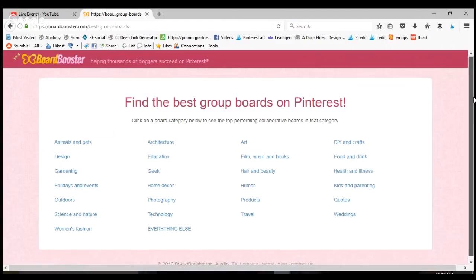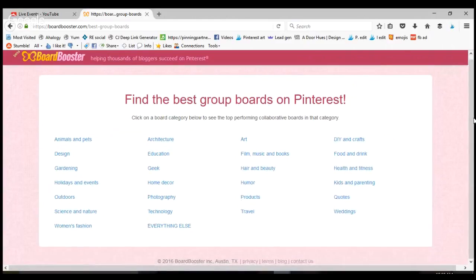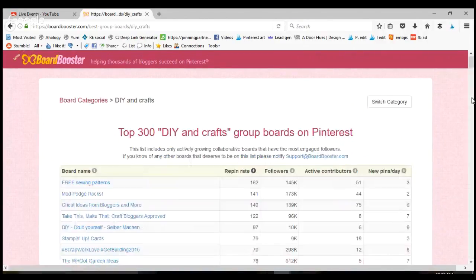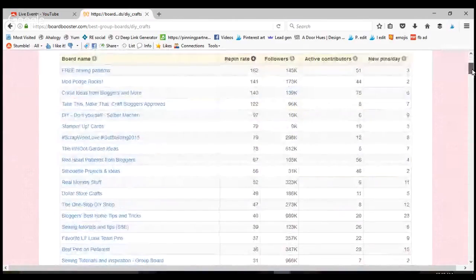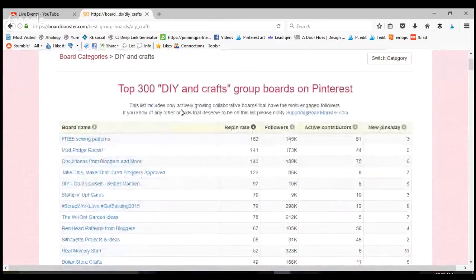Top group boards. If you want to find group boards to join, then you can come over here and they will help you find a group board. So let's go to DIY and crafts. So the thing with these is,